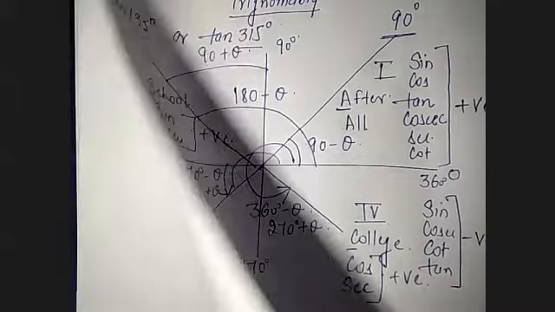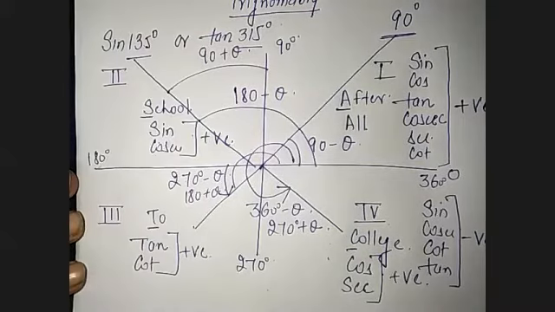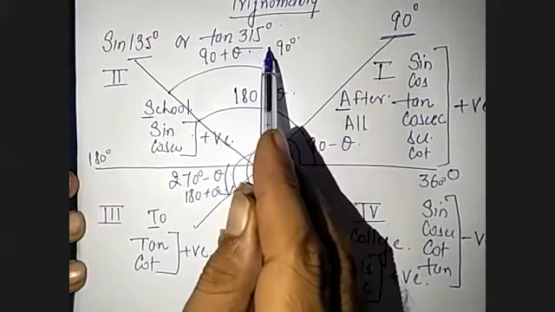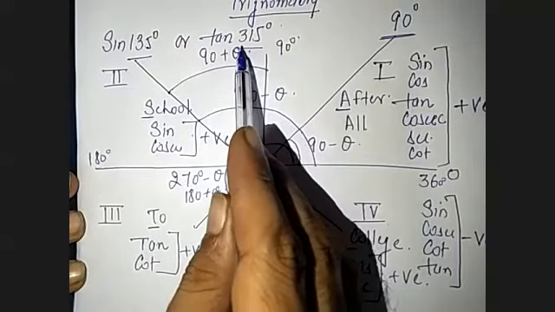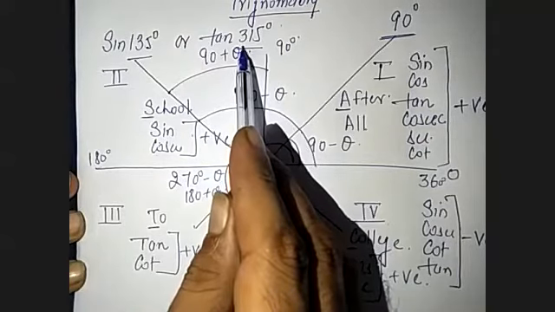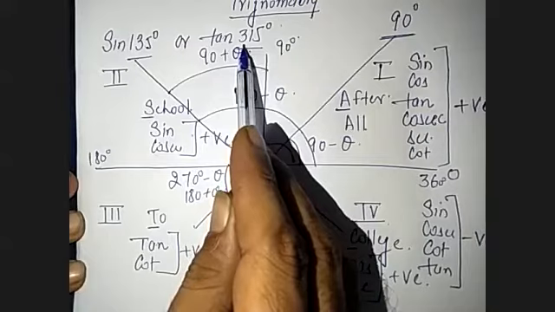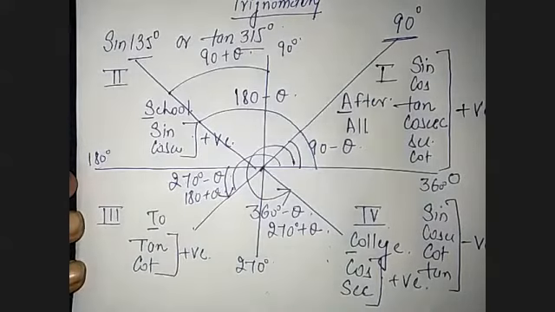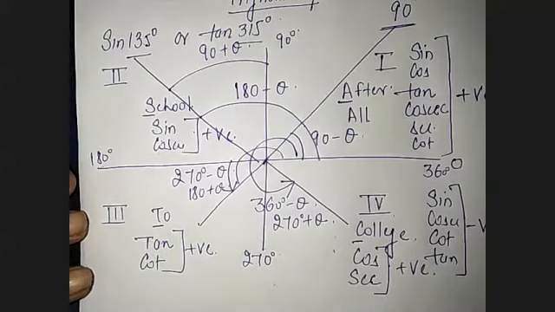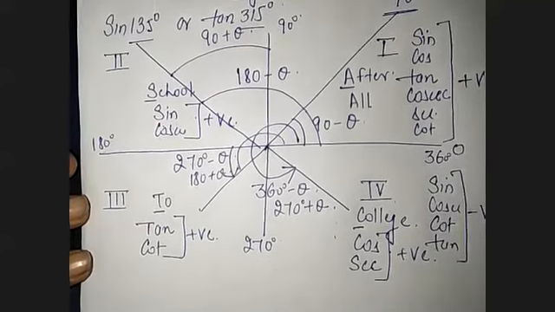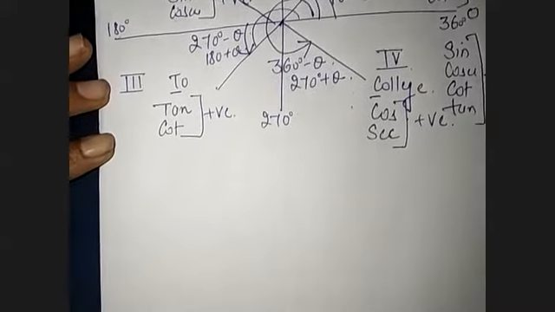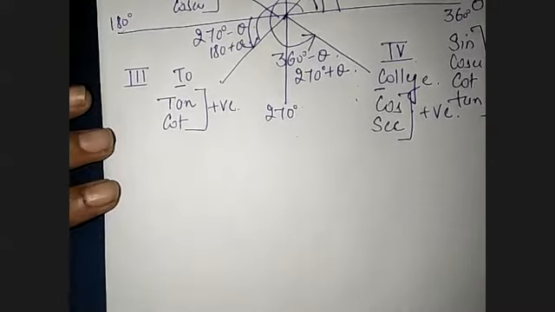Like here in the question, we have discussed tan 315. So it can be 270 degree plus 45, or it can be 360 minus 45. The answer should come the same. That is the entire game. The entire game is that the answer should come the same. So we will try to solve for the answer now. Let's proceed ahead. Any problem if somebody is having, you can stop me. Okay, let's go ahead.